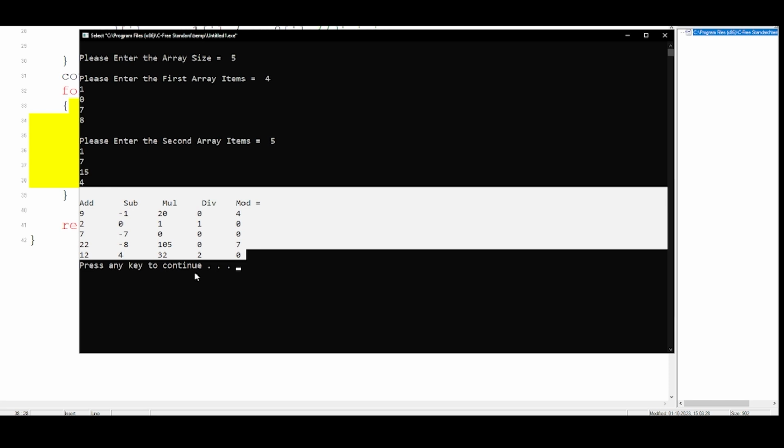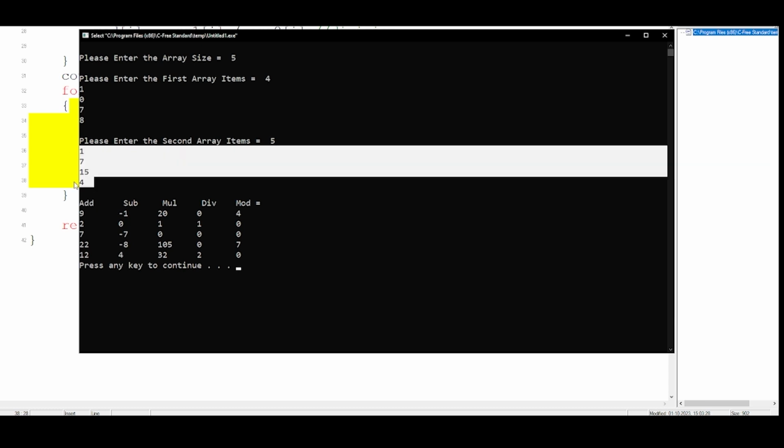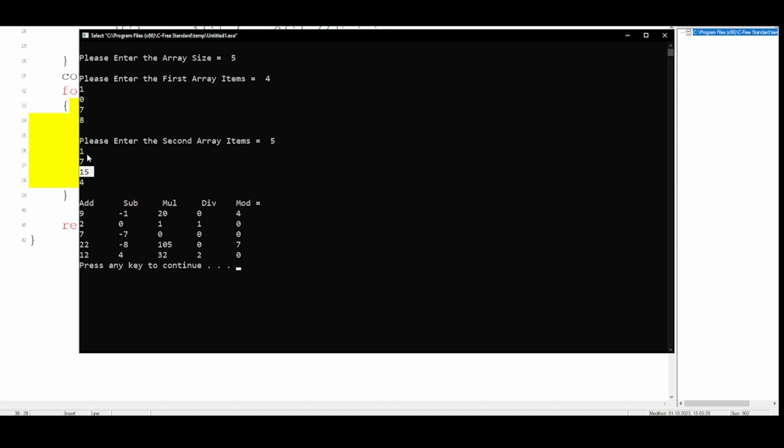Moreover, there are other operations also which I have told you in the starting, that you can search an element in the array. You can do sorting, like for example, if you have a 4 element array, as you can see here, 1, 7, 15 and 4, these are not sorted, these are random. So I can sort them, like I can put from lower to higher or from higher to lower. So I can sort them however I feel like. Then we have operations like finding the maximum. Here the maximum is 15, for example. Then finding the minimum is 1. So these kind of operations you can do, which you will learn.